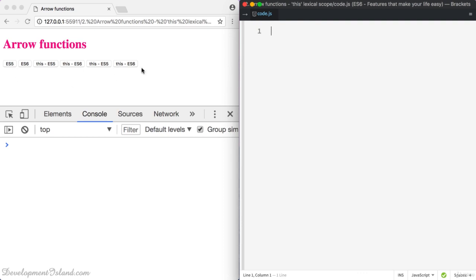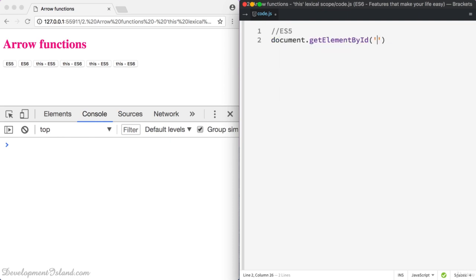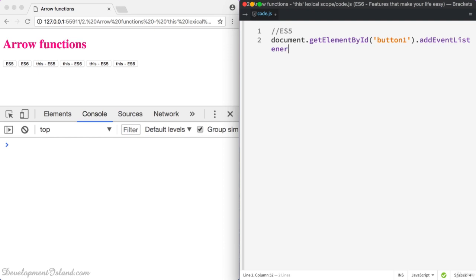So you've got a few buttons here. Each button has got an ID. The first one has got an ID button 1, then button 2, and so on. We're going to attach an event to the first button. In ES5, you need to do that using the addEventListener method. So the event is click, and our function, for example, is going to log